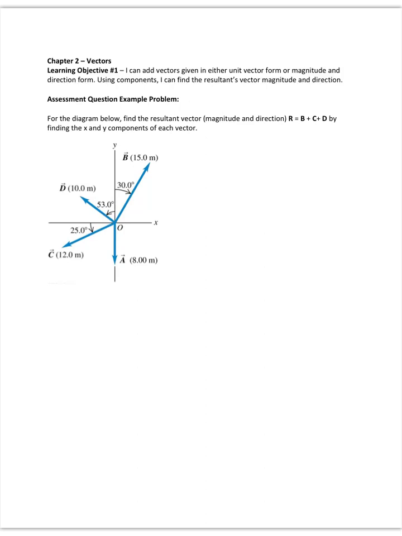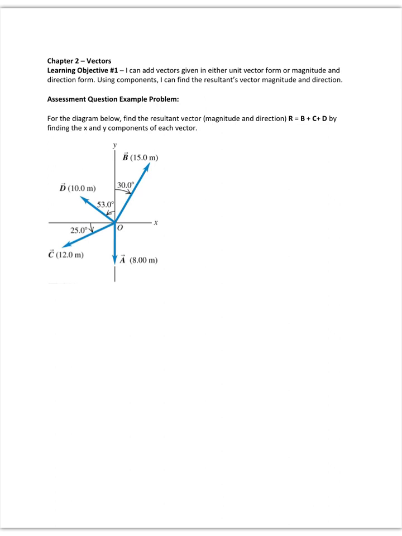All right, here's an example of the type of problem you might run into for the first learning objective for vectors. Here's a picture of 4 different vectors in the Cartesian plane. Notice our angles are both defined relative to the x-axis and the y-axis, so we have to be careful